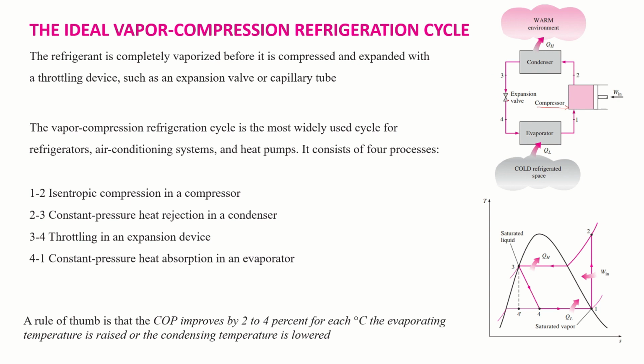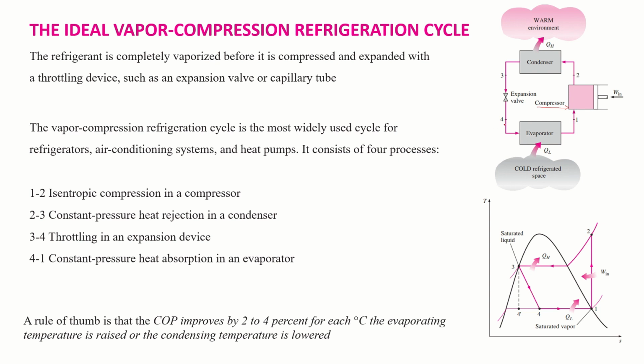When it is passed through expansion valve, its temperature is dropped, and due to the drop in temperature, the refrigerant boiling point is also dropped. So the liquid is partially converted into vapors and a cooling effect is produced. So at state 4, the refrigerant is a mixture of vapors and liquid.